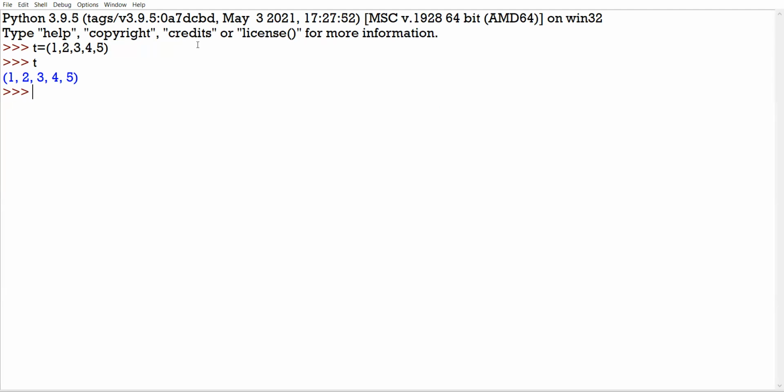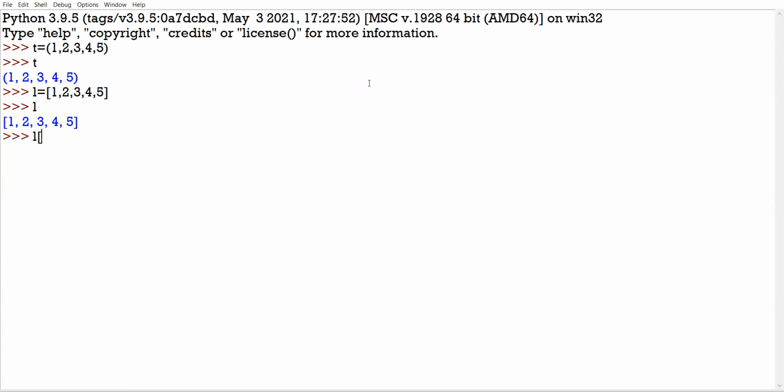Now, as we have already studied about the list, we know the concept that lists are mutable in nature, means we can change in place, right? Suppose I have a list 1, 2, 3, 4, 5. I print the list and it gets printed.